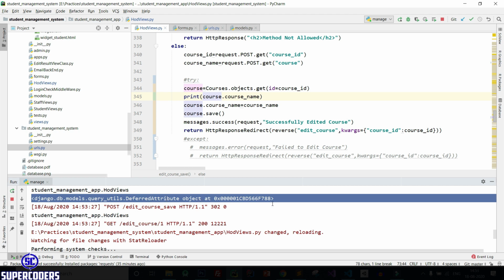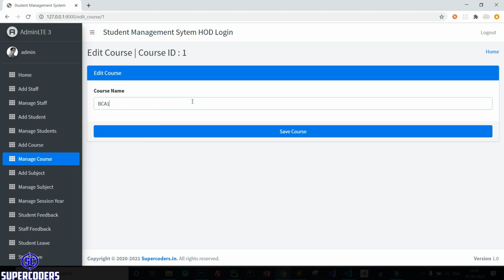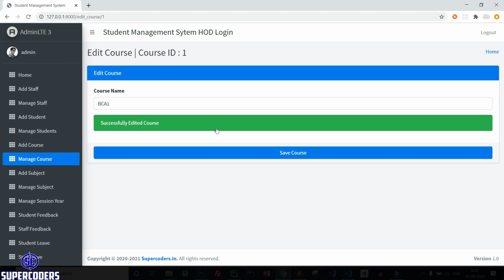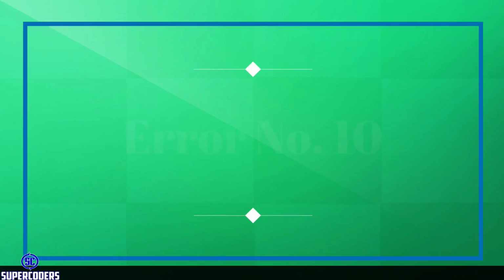Now come to Chrome, refresh page and save it again. It works. Now if you see this, it's so BCA1 instead of deferred attribute object. So in this way you can access value from object, not from direct class.